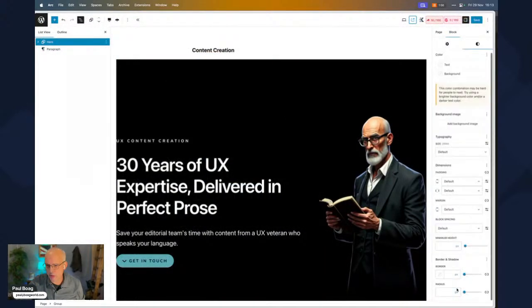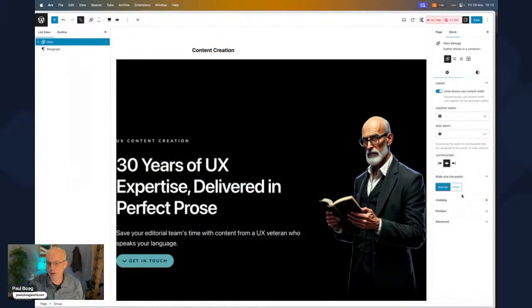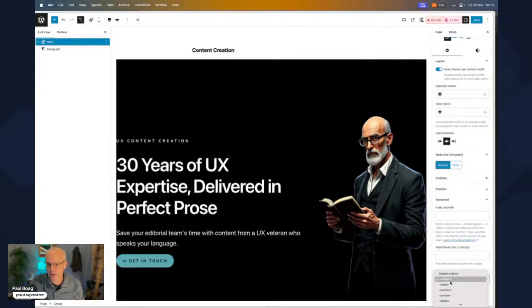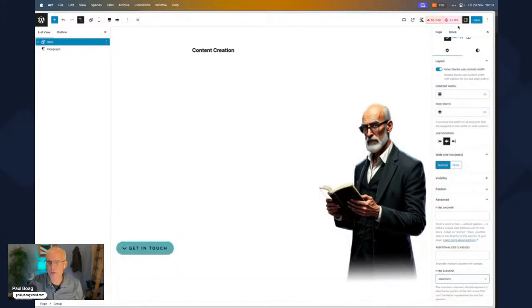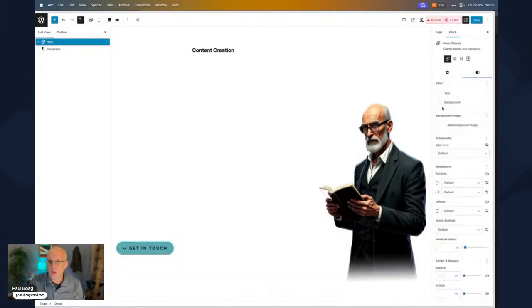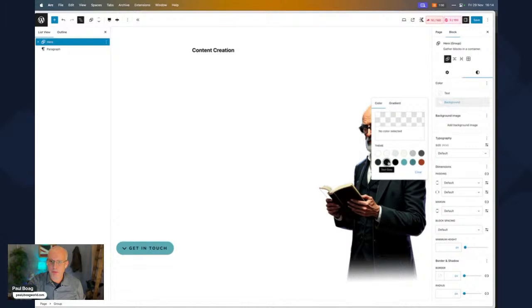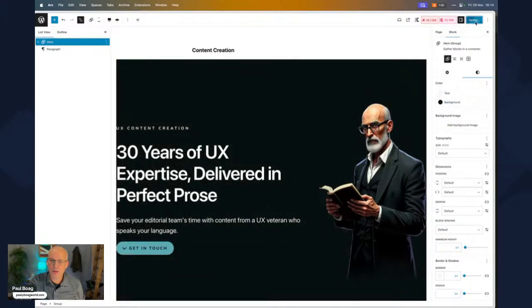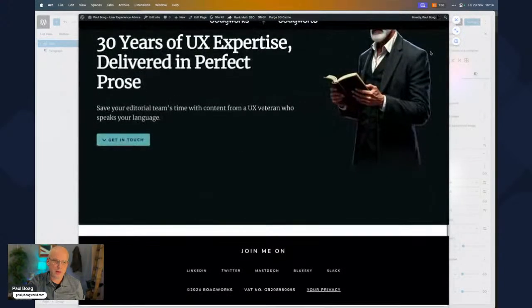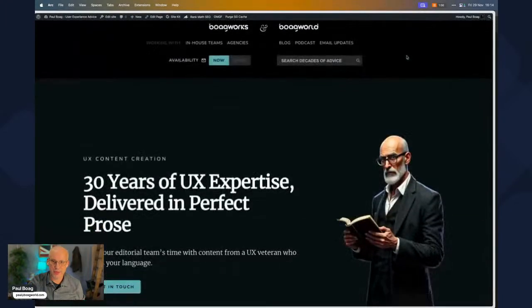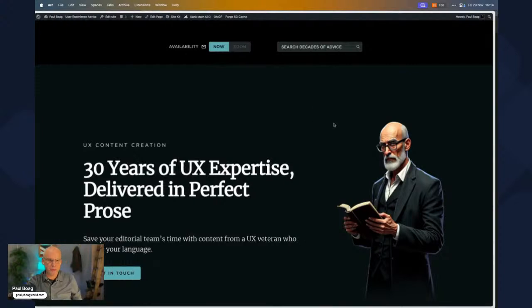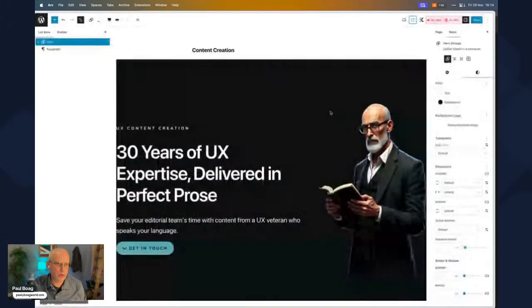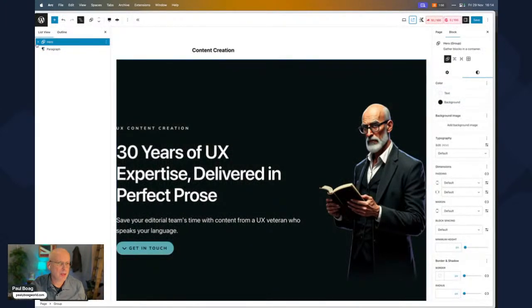So I've just remembered why it's got a weird thing. It doesn't like the header. If I move that to section and set the background to dark, and then view it, now it's going to the actual edge, which is better. Now we've got way too much space above and below it, haven't we? So I got a bit carried away there.